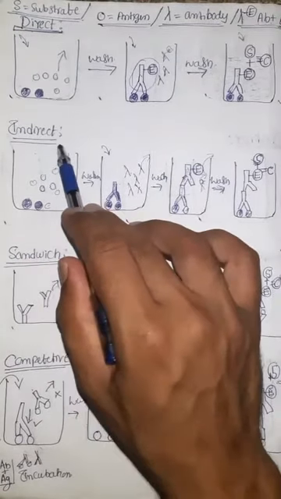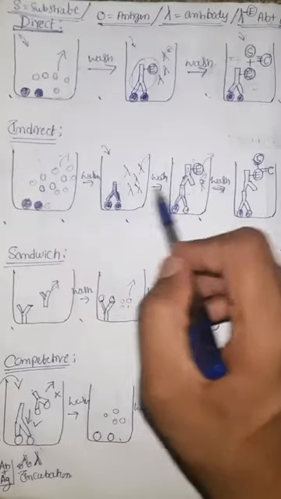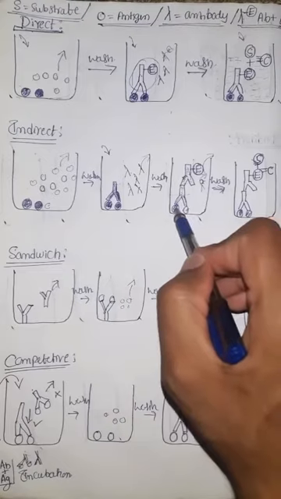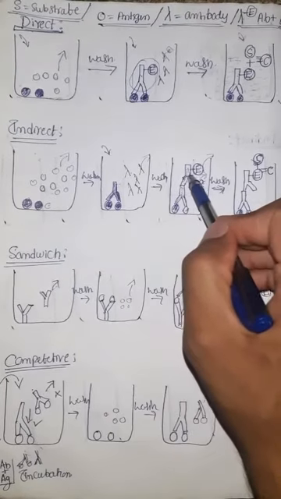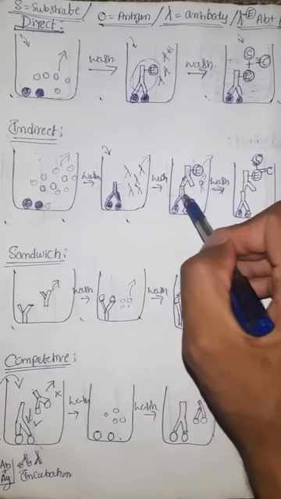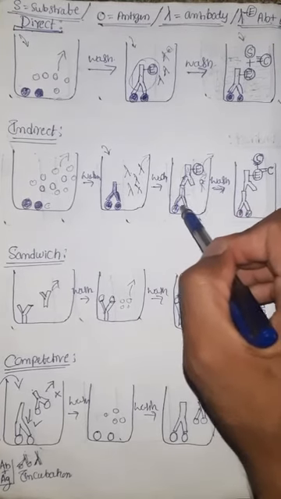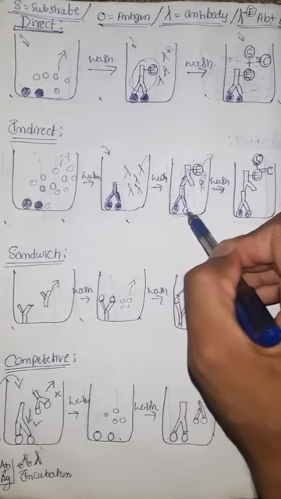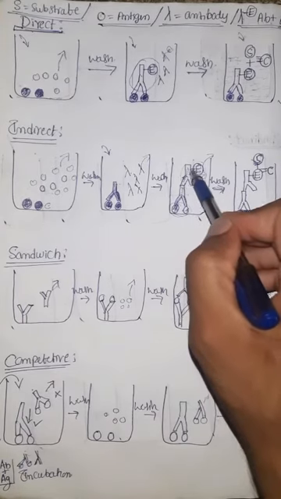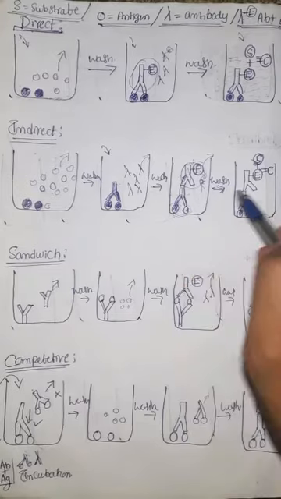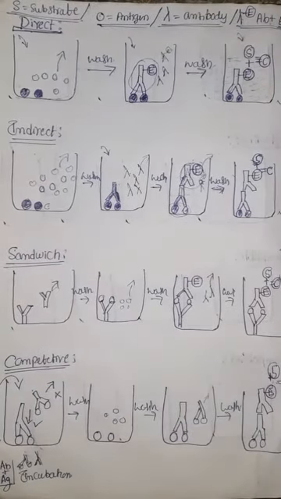Why are we calling it indirect? Here, instead of one antibody, we are using two antibodies. In between the antigen and the antibody complex there will be one more antibody. That's why this complex is not directly conjugating with this antigen, so it is called the indirect type of ELISA. This is the second test procedure.